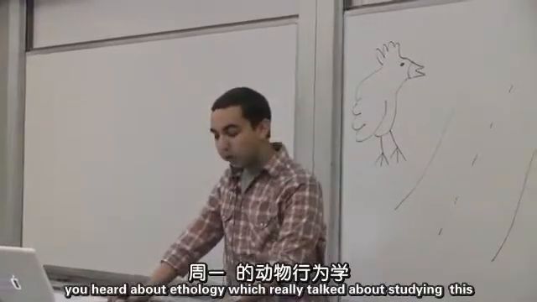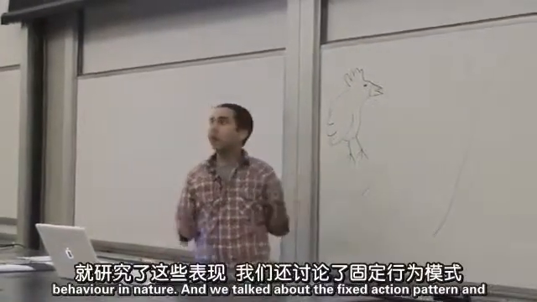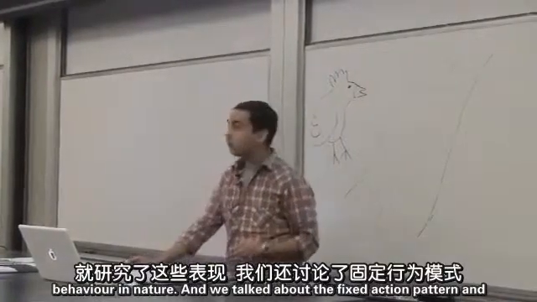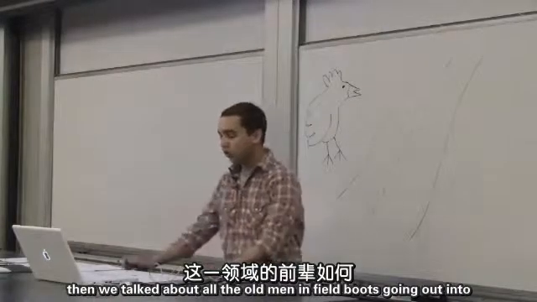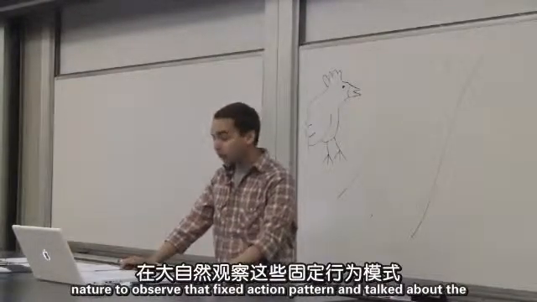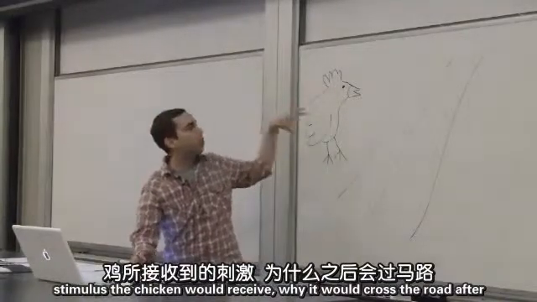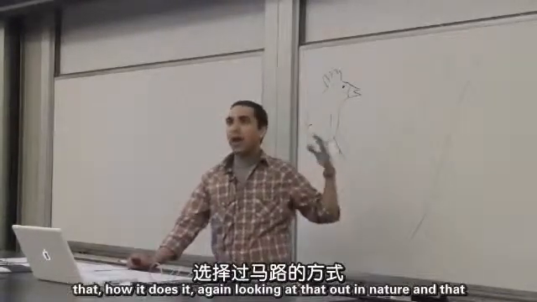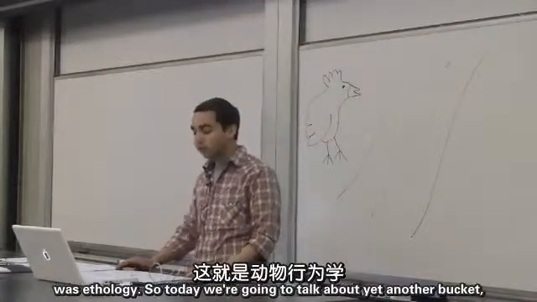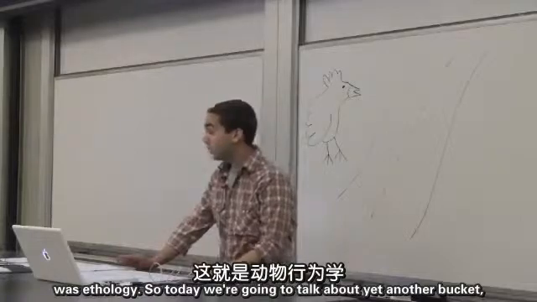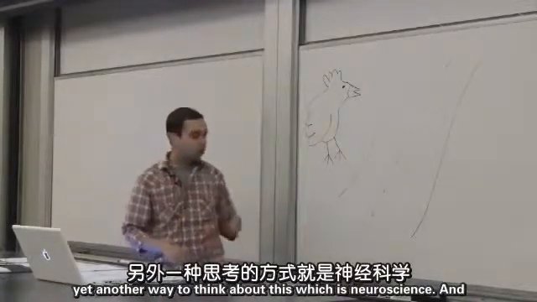And then on Monday you heard about ethology, which really talked about studying this behavior in nature. And we talked about the fixed action pattern, and we talked about all the old men in field boots going out into nature to observe that fixed action pattern, and talked about the stimulus the chicken would receive, why it would cross the road after that, how it does it, again looking at that out in nature, and that was ethology. So today we're going to talk about yet another bucket, yet another way to think about this, which is